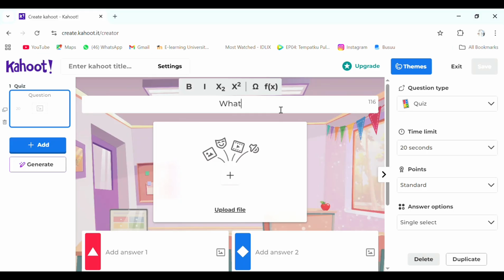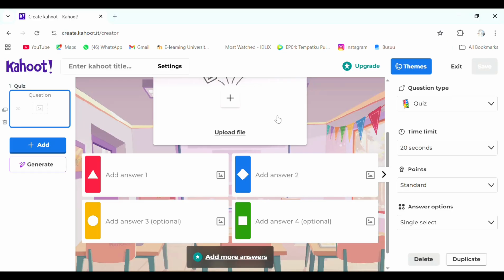what is the class from, of, type the 4 answer choices.